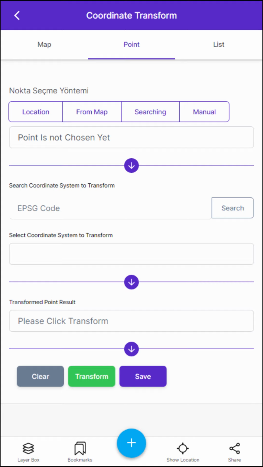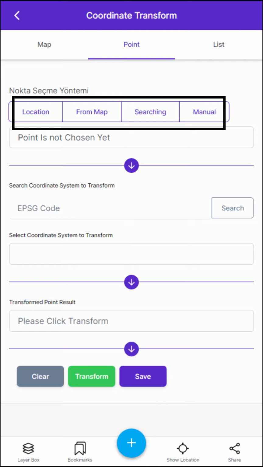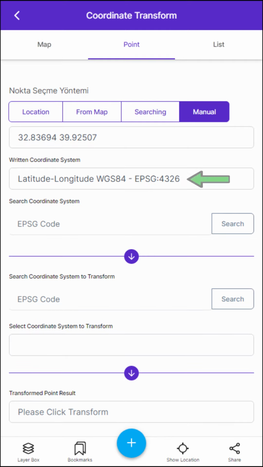In the panel that opens, the point is selected with one of the location preferences: the current location on the point page, the location from the map, by searching or typing. Then the coordinate system to be converted is selected and the result is shown on the screen when the Convert